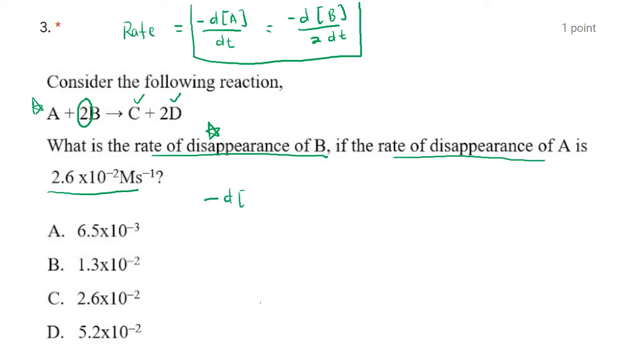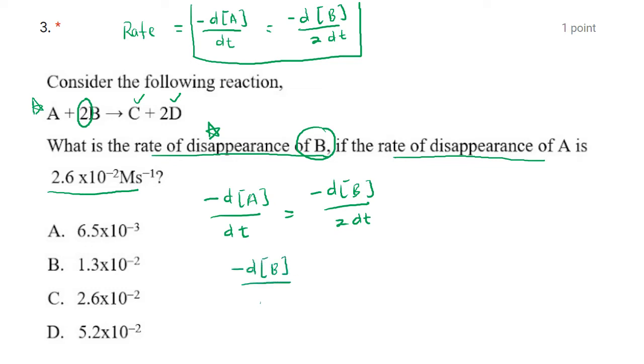So we can just move down here. Write this, the rate of reaction for the reactant A and the reactant B are the same. However, they have different rate of disappearance. So now we want to look for the rate of disappearance of B. As usual, we will put the rate of disappearance of B at the left hand side, and then equal to negative rate of disappearance of A. So given that the rate of disappearance of A is